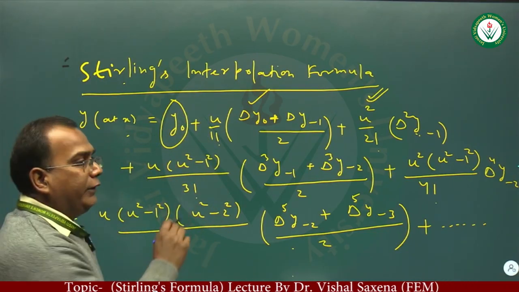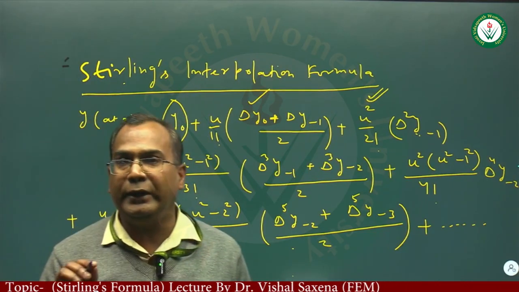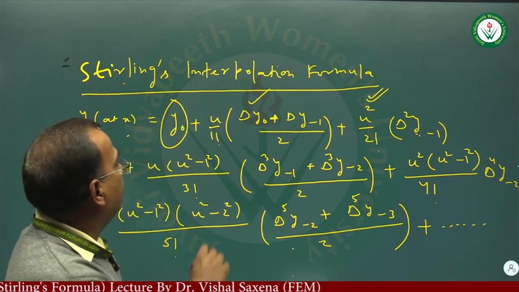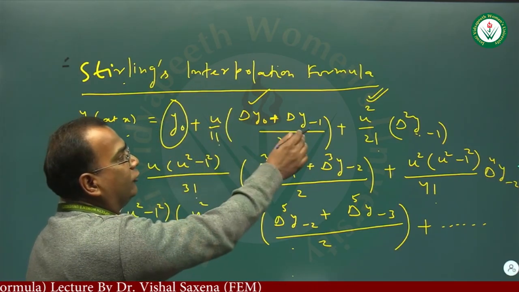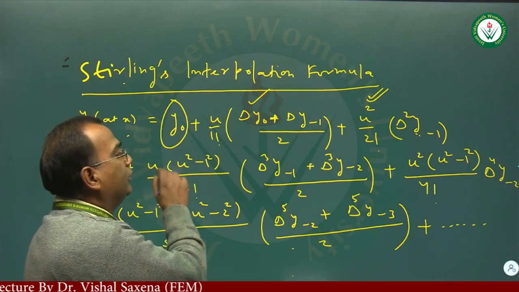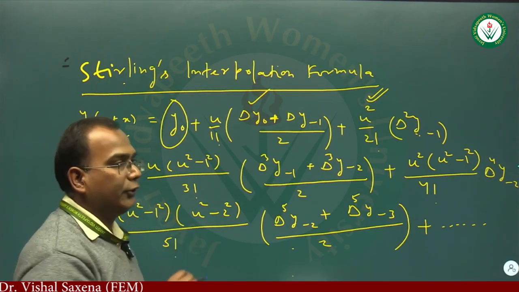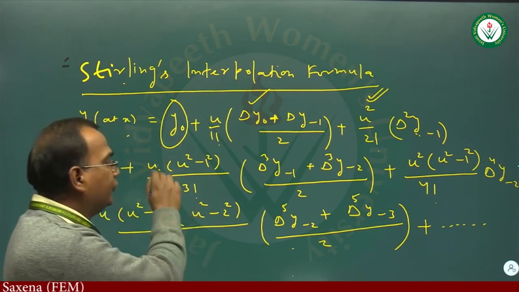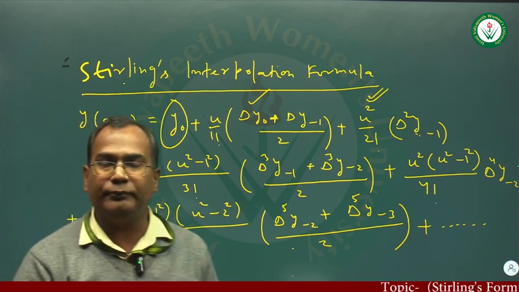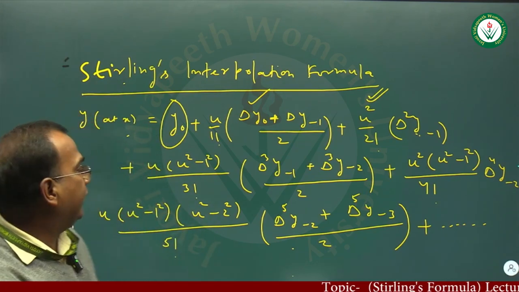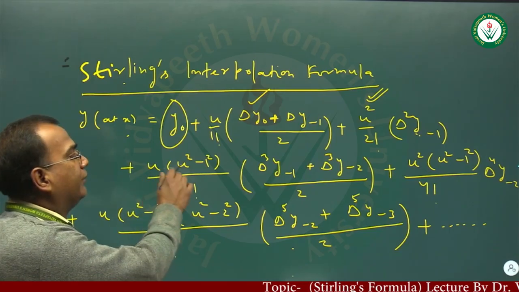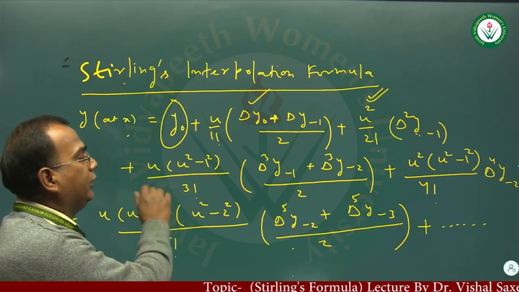Even term. Now we have to make the exponent here an odd number, because here the exponent is just 1, then 2, and then the power is to be taken as 3. So how can we make this one here? Since u is coming in terms of u and u square, the next term is u into u square minus 1 square upon factorial 3.